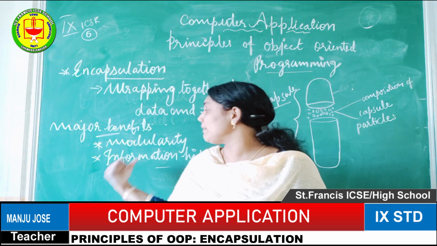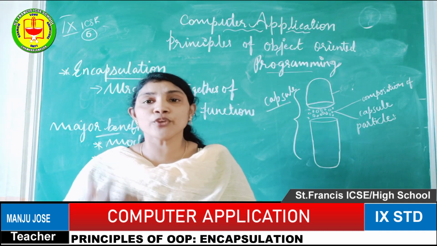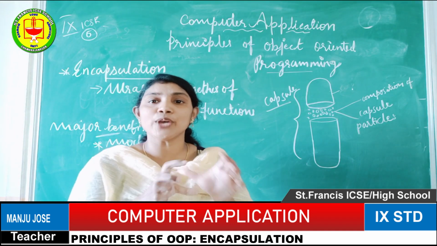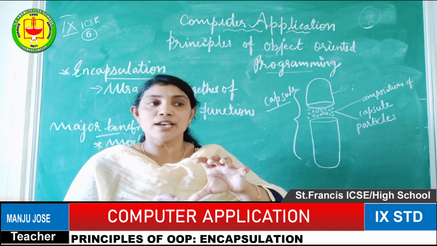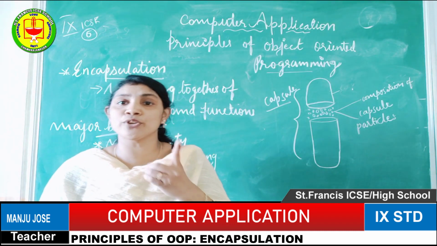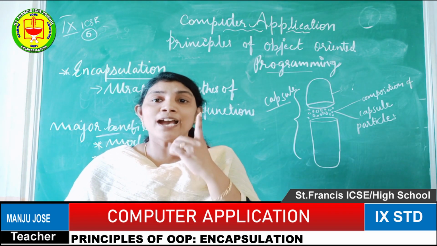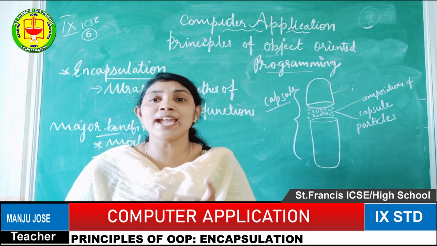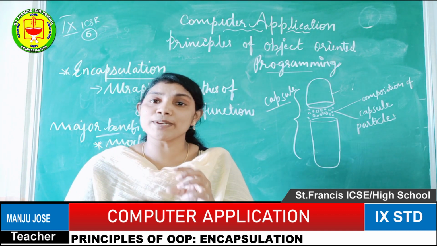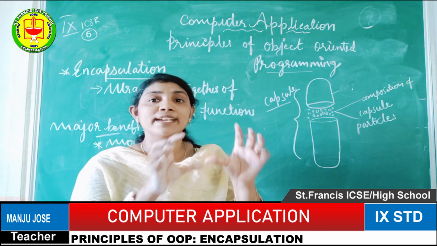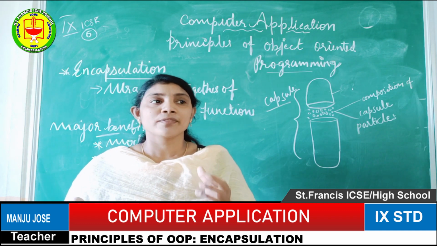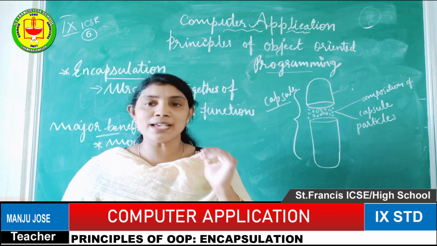So the next concept is information hiding. Information hiding means some kind of important data we need to hide. The previous example is exactly abstraction. The first principle of object oriented programming is abstraction. In abstraction we are using the data hiding or information hiding option. So what do you mean by data hiding or information hiding? Accessing without showing the internal details. For example, the computer we are using. The best example is the computer only.